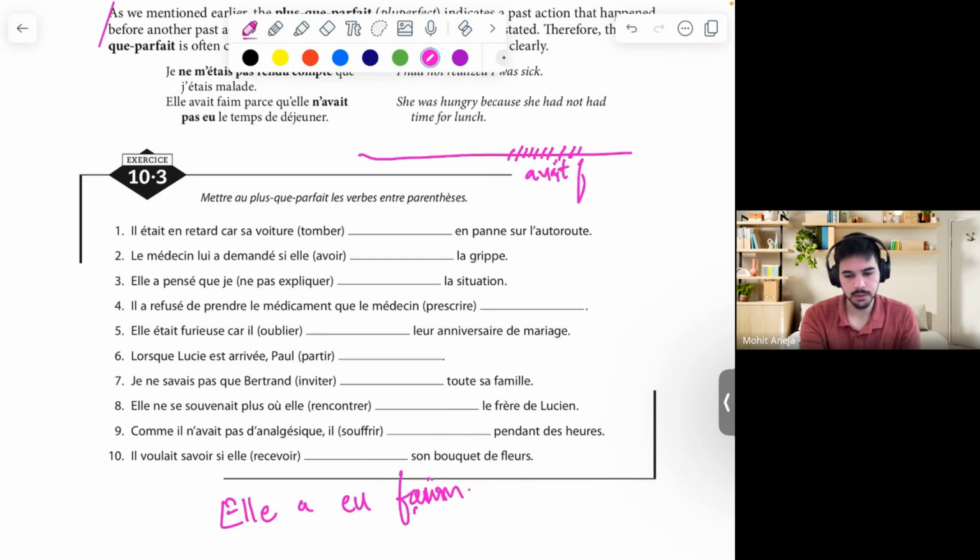अभी मैंने second event तुम्हें describe कर दिया है। Parce qu'elle n'avait pas eu le temps de déjeuner, उसको टाइम नहीं मिला था खाना खाने का, इस वजह से उसको भूख लगी थी। तो avoir is the verb that is being used इससे पहले वाले event के लिए, avoir le temps। ठीक है, उसको इन्होंने negate भी कर दिया है।